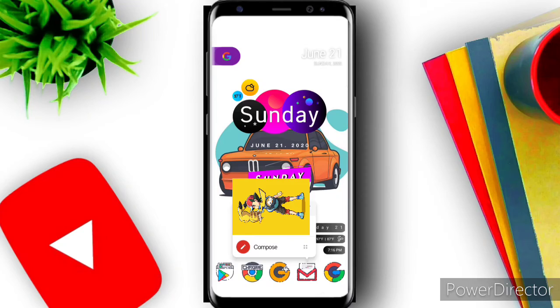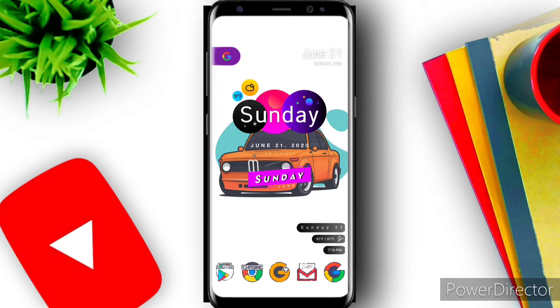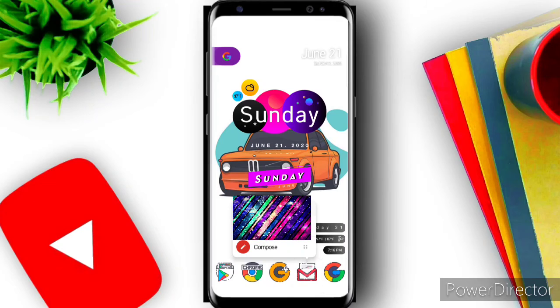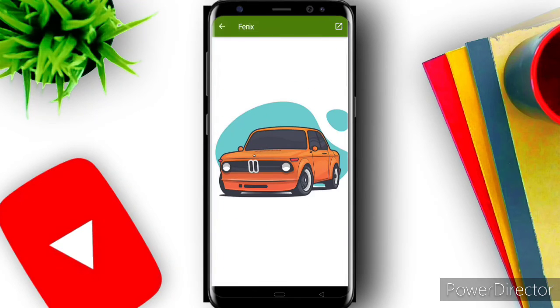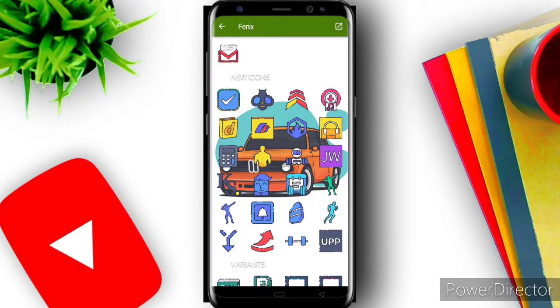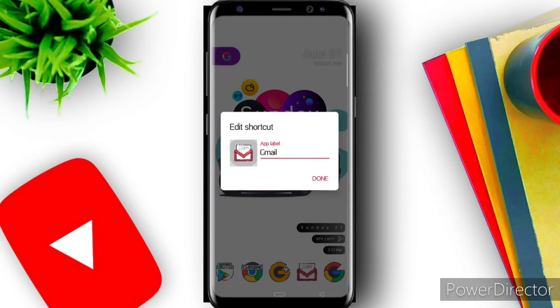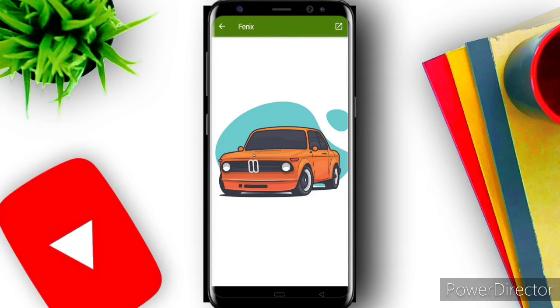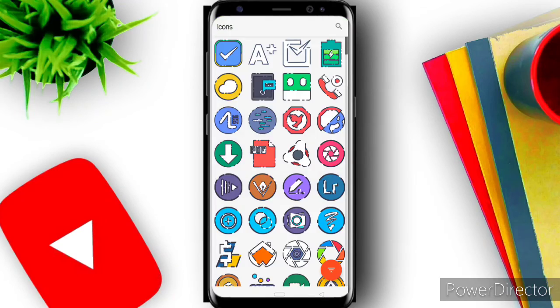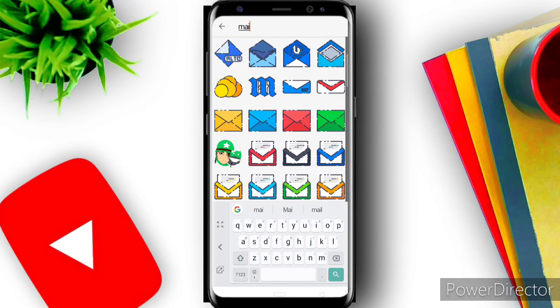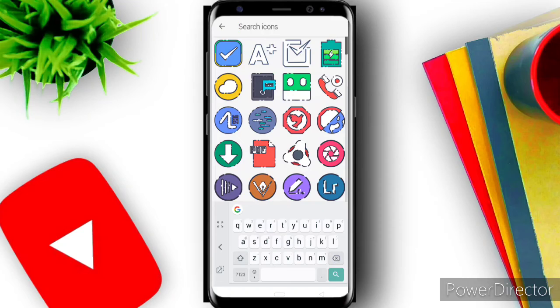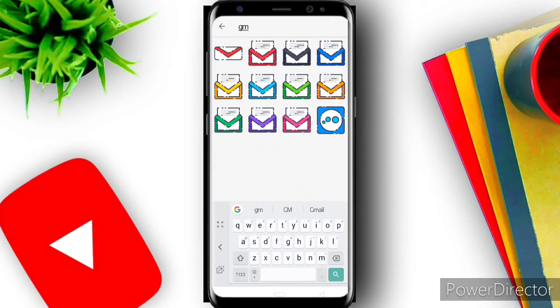Then click on mail, then click on the edit option, then click Phoenix, then search here mail, Gmail, then select any icon,